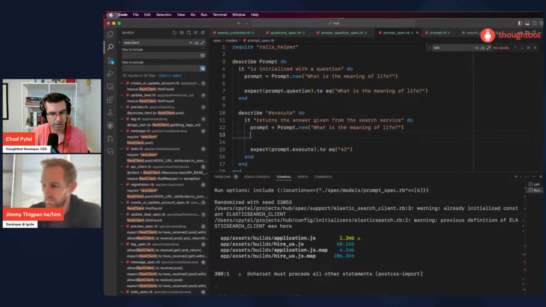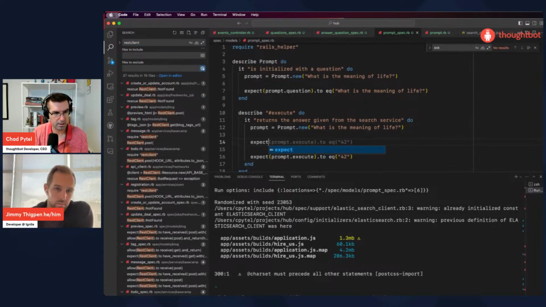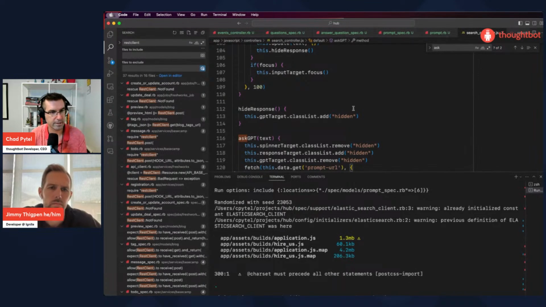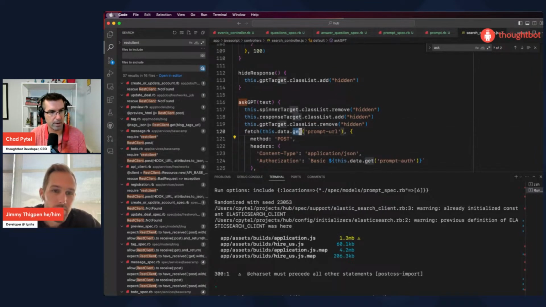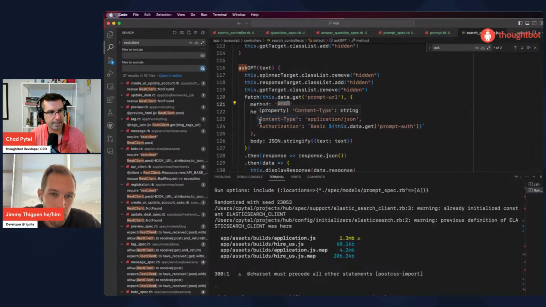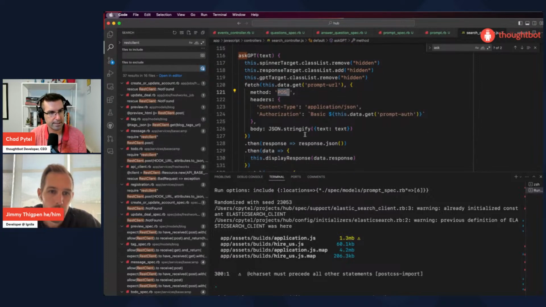So what we're going to do is allow REST client. Yeah, what you're saying is we can go over to the search controller, for example. I don't know whether it's a GET request. Okay. No, sorry. It's a post with content type application JSON, a stringified body of the text.